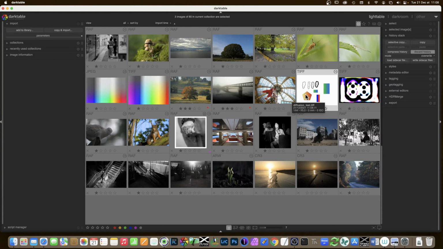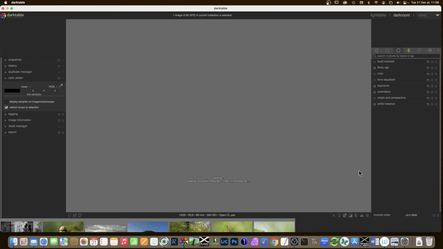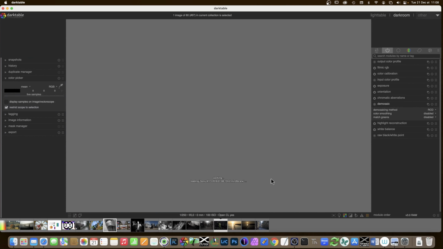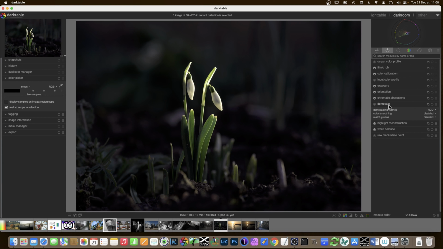Now, we're also told that we have a new demosaic algorithm that's been introduced. So let's say I go to this picture, which is from Fuji. If you look at the demosaic options for Fuji, we have the Markesteijn 1-pass, 3-pass, and there's not actually that much for the Fuji files. If you want to see the different options, you'd have to move here. I have a Sony ARW file, and in the demosaic we now have a new one, which is the